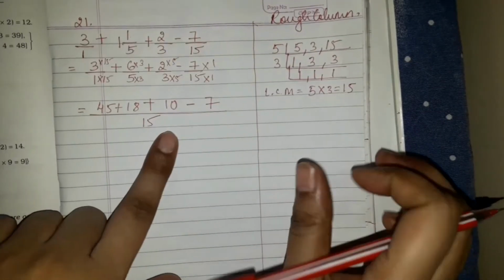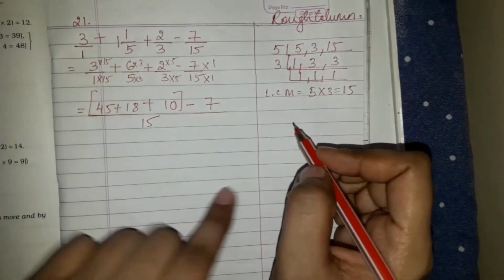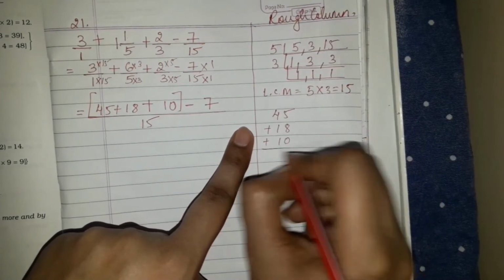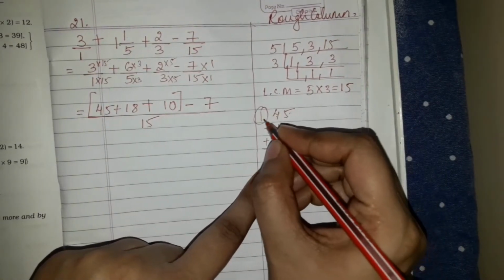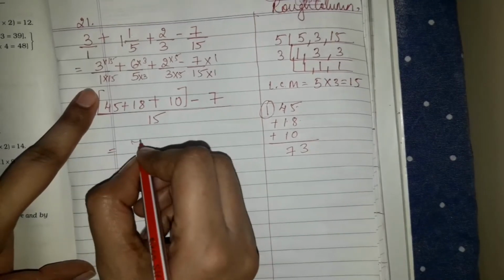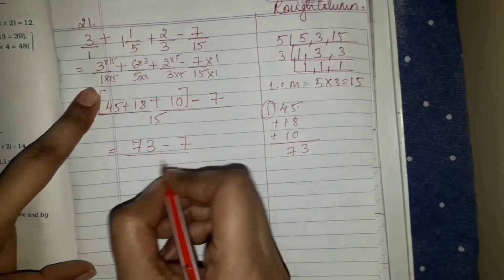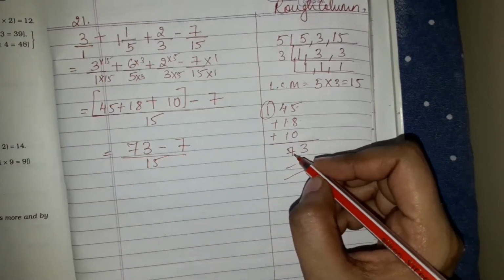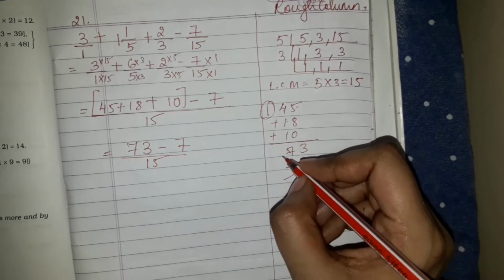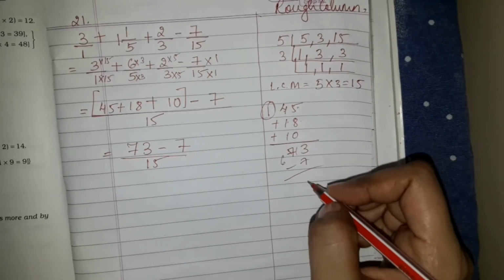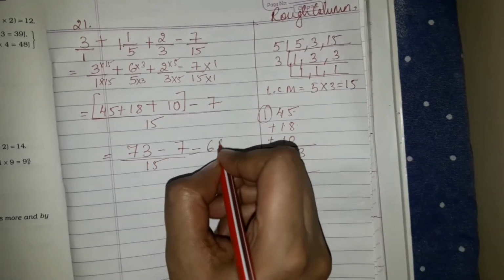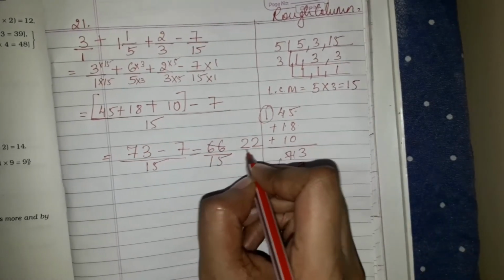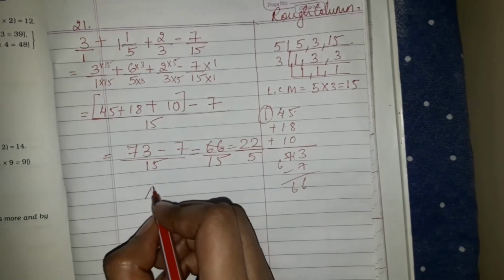7. Okay. Now let's add first all these three numbers and then we will subtract. So let's go to the rough column. 45 plus 18 plus 10. Okay. 4 5 6 7. So 73 minus 7 upon 15. Let's subtract 7 here. Okay. If you know directly, do it. If you do not know, please do not do directly if you are not sure with the calculations. Okay, so 7, it will come what? 6. So 66 upon 15. It can be cancelled by 3's table, 5, and the answer in mixed fraction will be what?